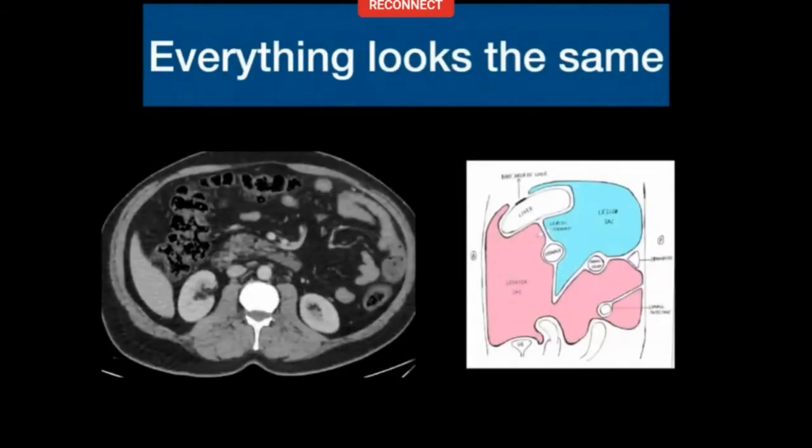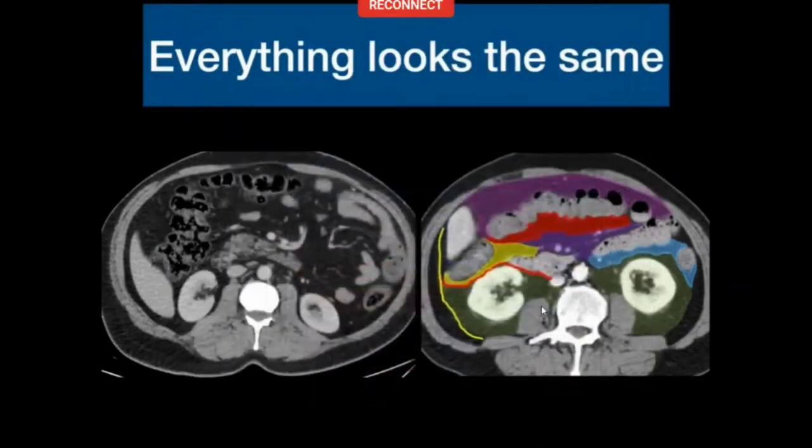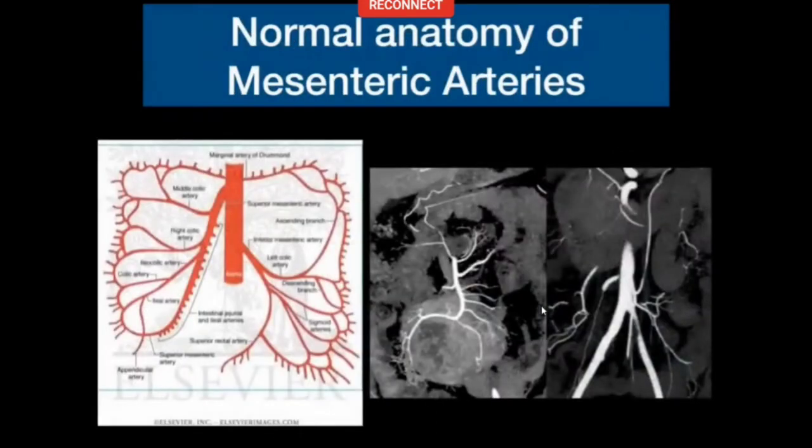So when I tell you that I can see the stomach, the lesser omentum, the greater omentum, the transverse mesocolon, and the mesentery of the small intestine, everything looks the same on a CT, right? Everything has fat in it. This is fat, this is fat, this is fat. So how do you decide where each of these various compartments or structures is? For that, you need to look at the vessels, right? And the embryology that we just saw.